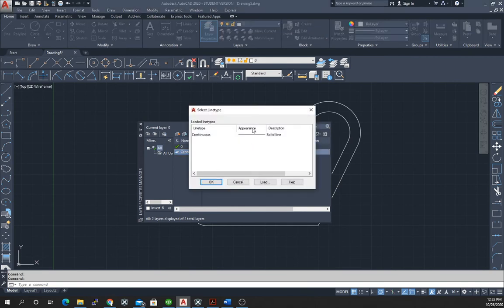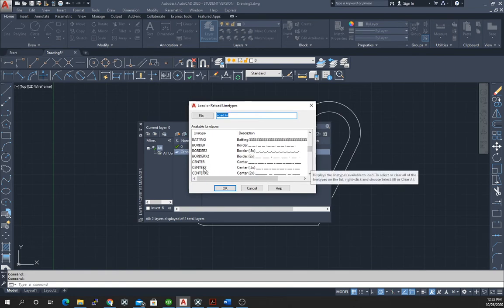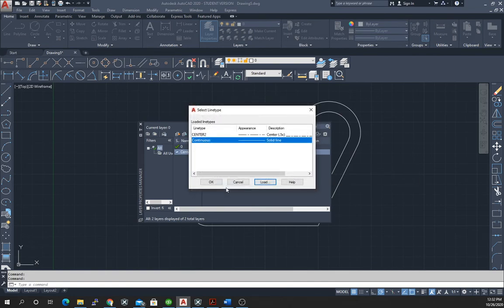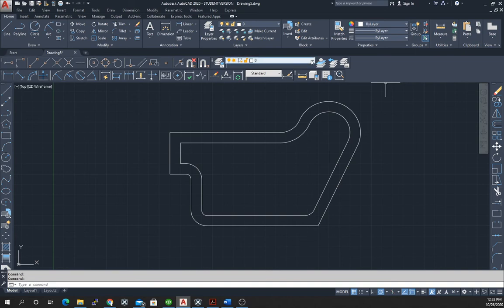Okay. The line type. We need to load a new line type, load up the center 2 line type, hit OK. Make sure we choose the center 2 line type, hit OK. Close that. Choose the center 2 layer,